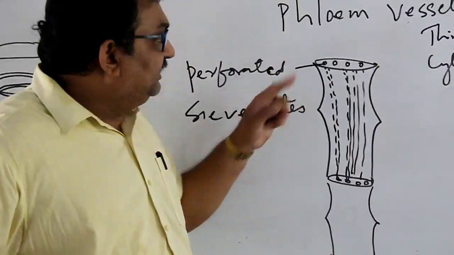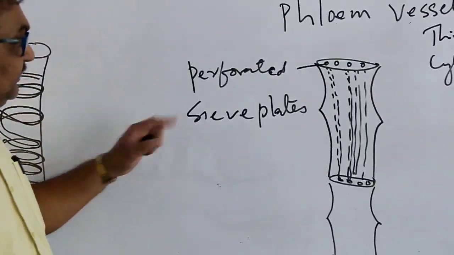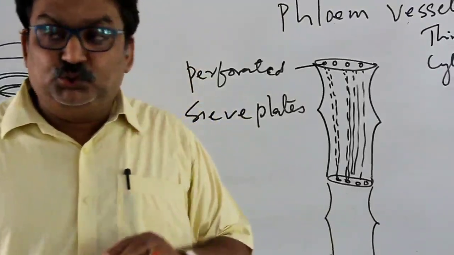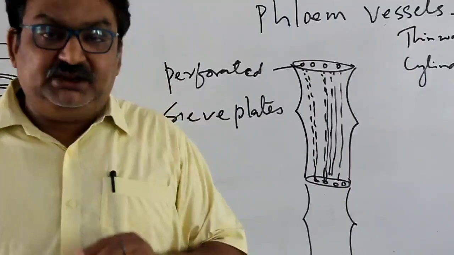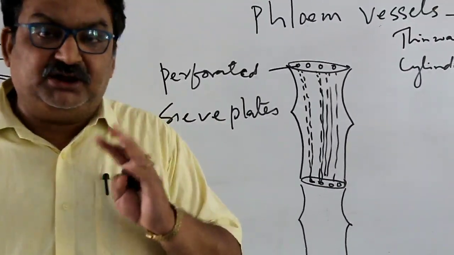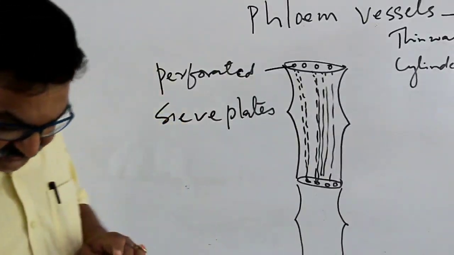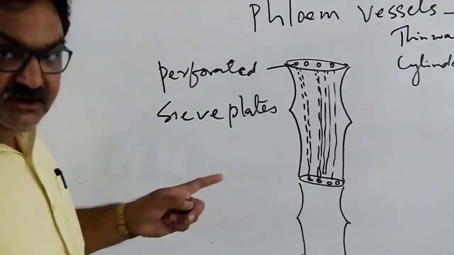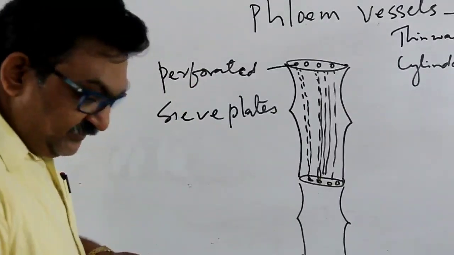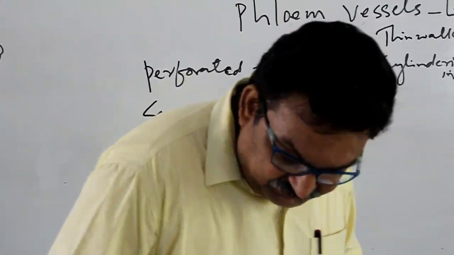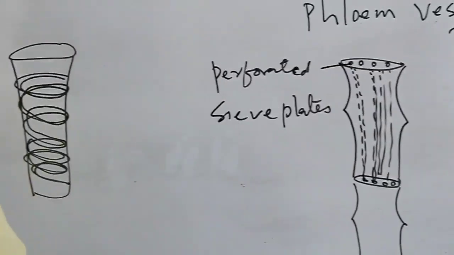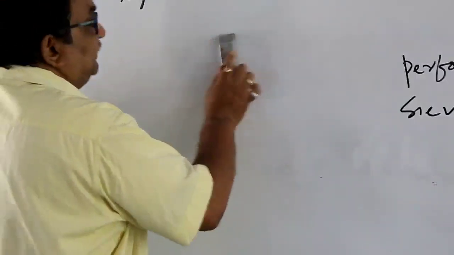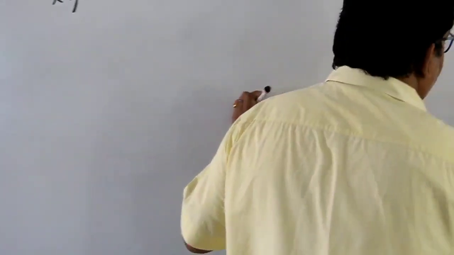Right. So that is a living structure. Now, what is the function of this? This transports the prepared food from the leaves to all the other parts of the plant. That is the basic function of this. It helps in the downward movement of food from leaves to the different parts of the plant. The next structure that we have, or the cell that we have in both the categories, that is xylem and phloem,